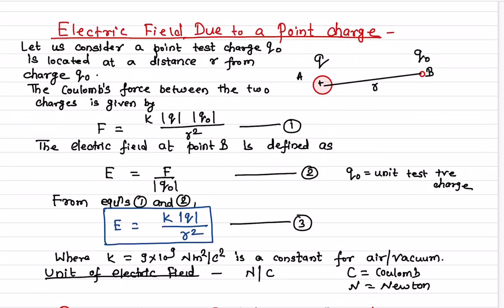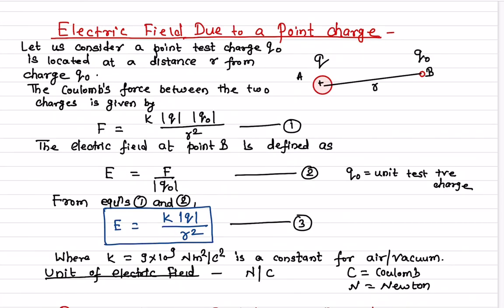In this video, I'll be talking about electric field due to a point charge. So let us consider we have a charge here. The charge is Q, and we are interested in finding out the electric field at point B, which is at a distance r. So we assume we have a test positive charge. This is a unit test positive charge. So we keep a unit test positive charge at point Q naught, where we are interested in finding out the